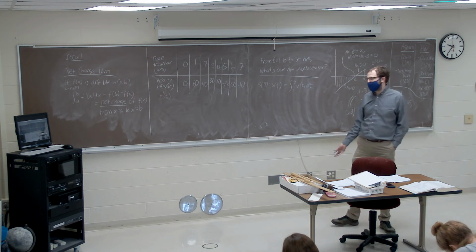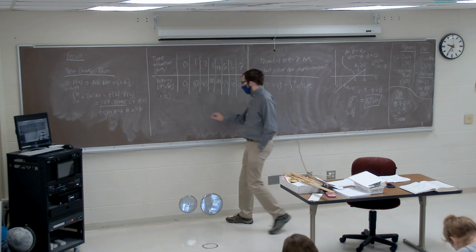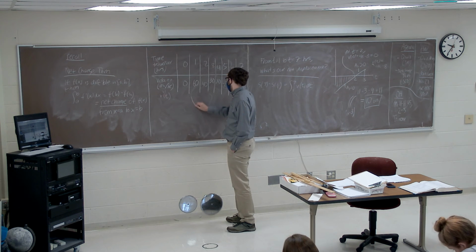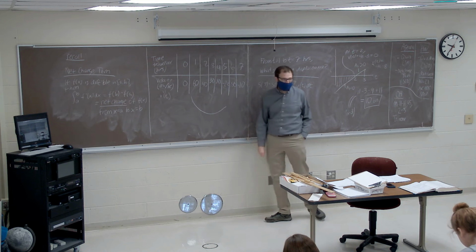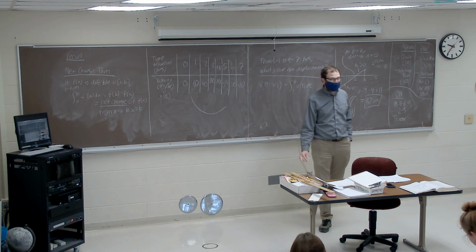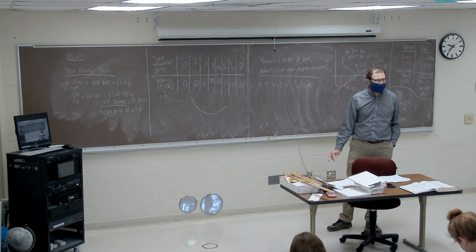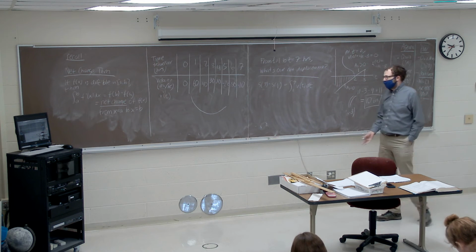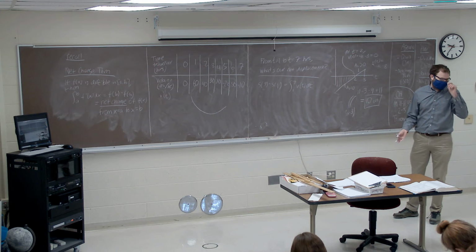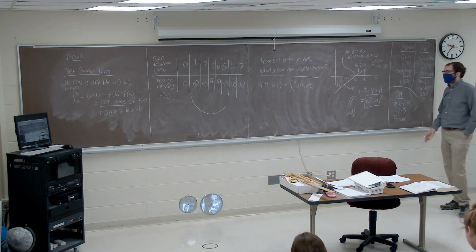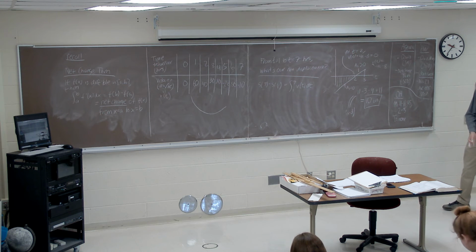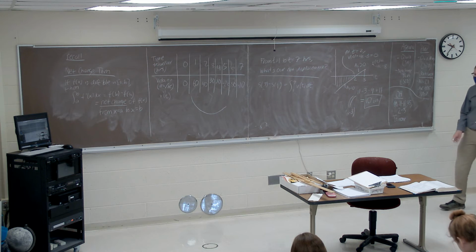We could try and say something like, it looks like it's positive, and it's going negative, and it's less negative, so maybe it's a parabola or something. That's not really enough information. I don't think we really have enough information to try and find a formula for V of t based off of this.